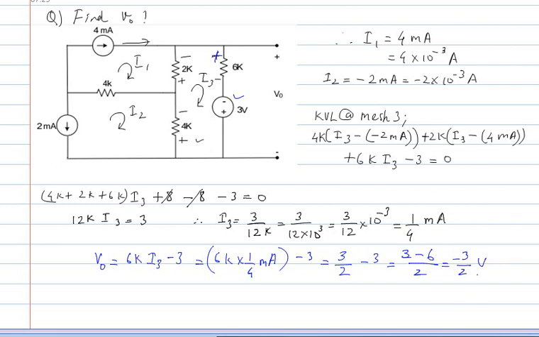So here we have got the answer, and you can see that this should have been a 3 equation simultaneous equation kind of a problem, but here we did not get that because the current source was not being shared by two different meshes. This current source was only shared by this one, this current source by only this mesh. So this is what we do when we have a mesh analysis with current source in it. Thank you.